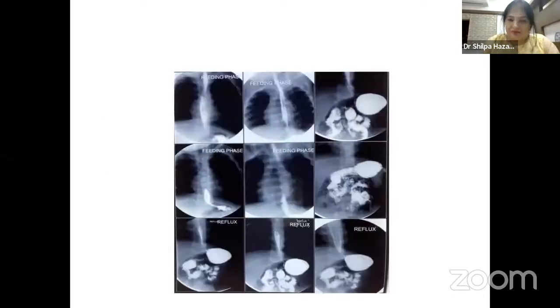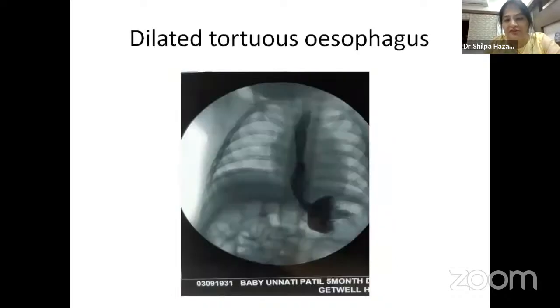So her GR study was done, and that showed a significant reflux. Can you see the arrow which I am showing? Yes. Basically here the barium was given. Now the barium is in the stomach, and in this film we can see that the barium is coming up. Now it has again gone up, and here again it is going significantly up. So this showed a significant reflux in this child, almost grade 3 to grade 4.